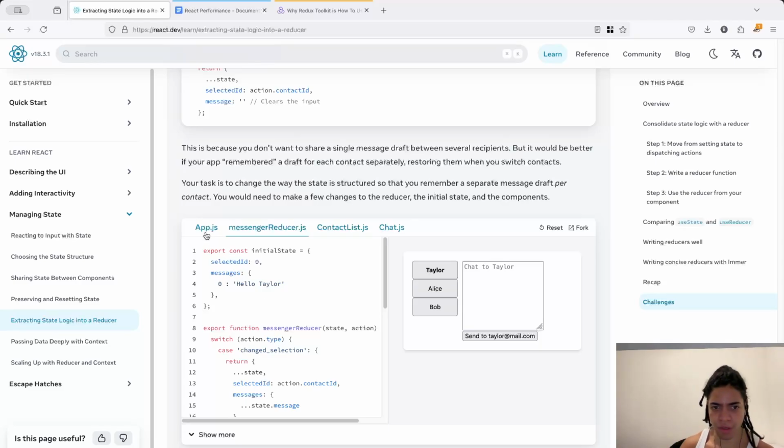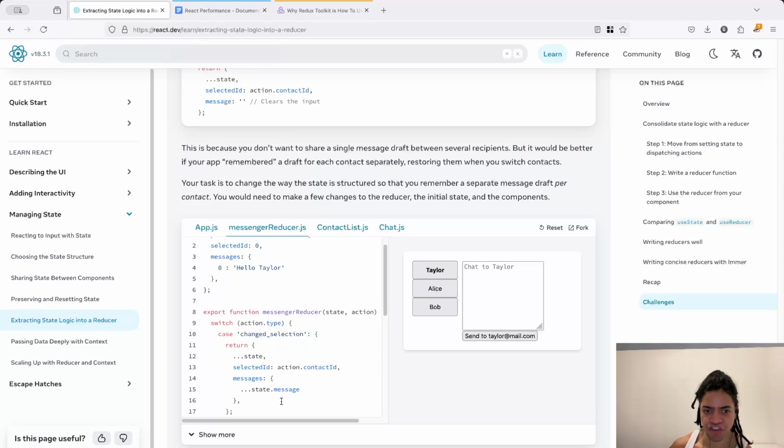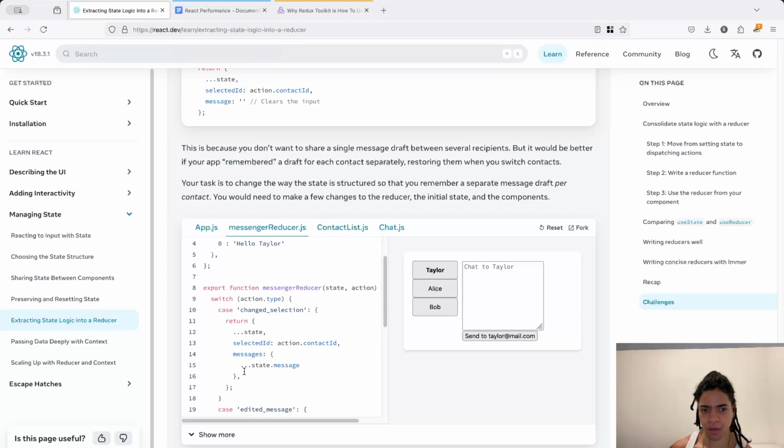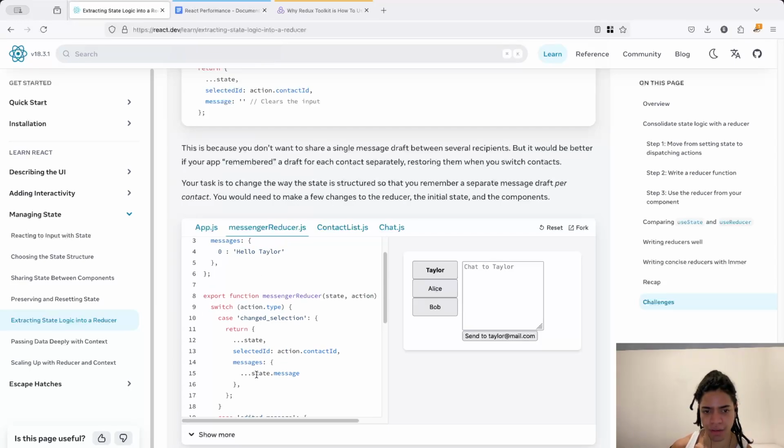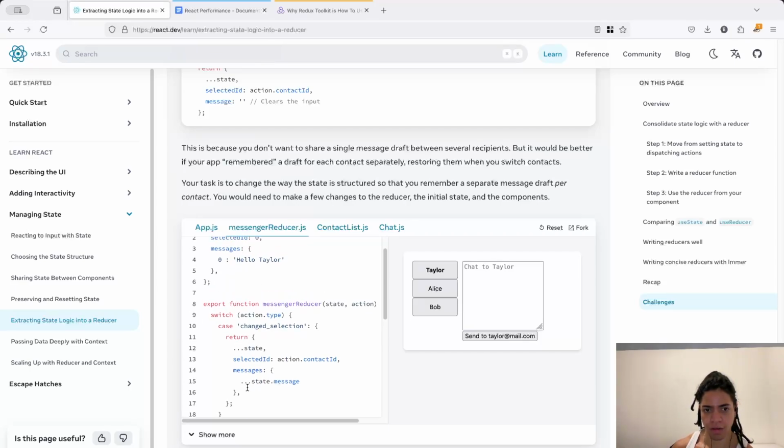So here we are now in theory showing this. Show all of the messages, and with that change, which triggers a render, now you have all of the selected message as it is, followed by